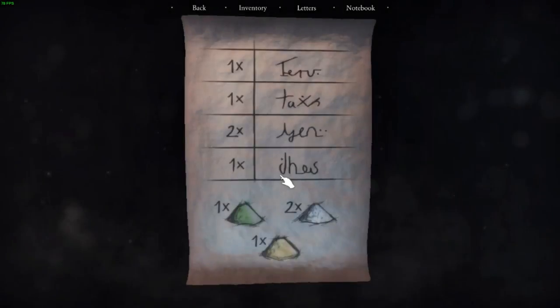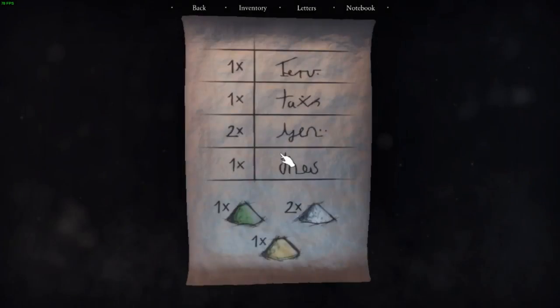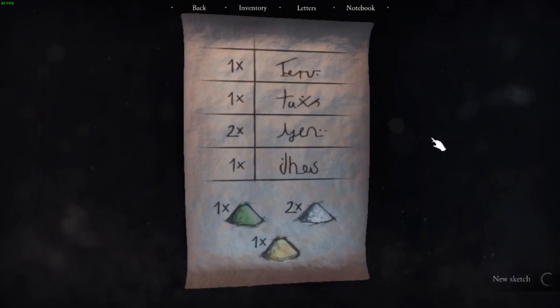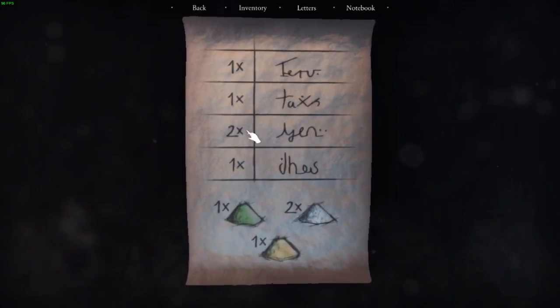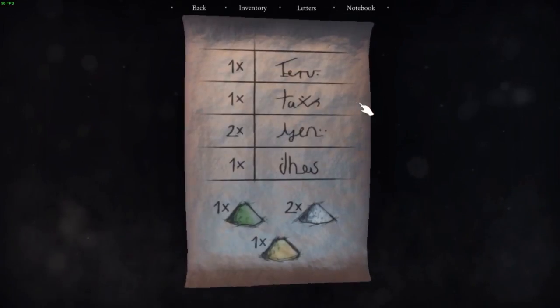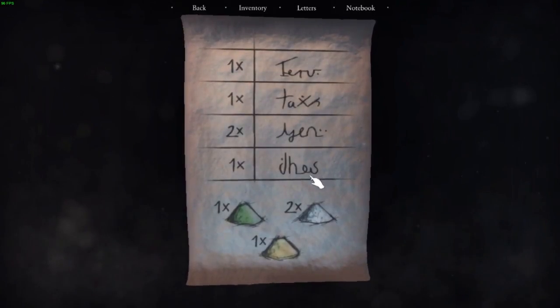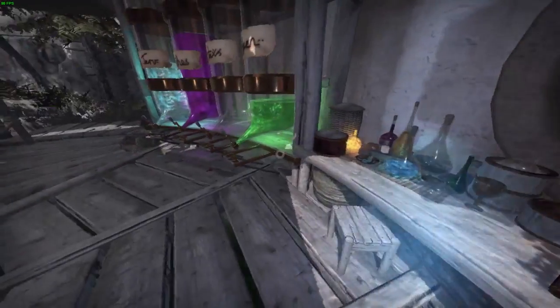Oh, but look at this. This is potentially important. I'm going to make a sketch of this. So I'm going to guess that we're making a potion. So 1 times this, 1 times this, 2 times this, 1 times this, 1 times, 1 times, 2 times. Are these different to...